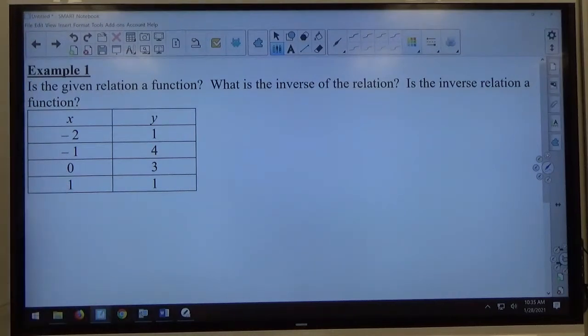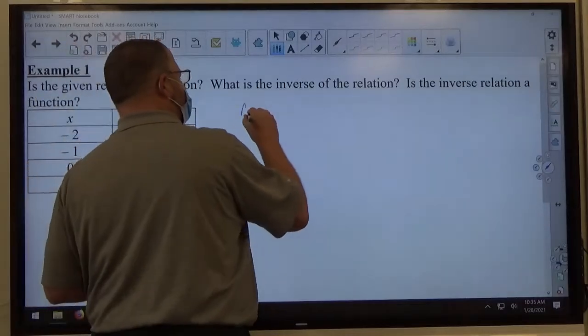All right, so we're going to be learning about functions today and function inverses. First thing I want to do is bring your attention to what a function is defined as. So this right here is called a relation. It's relating values of x with values of y. A relation is a function